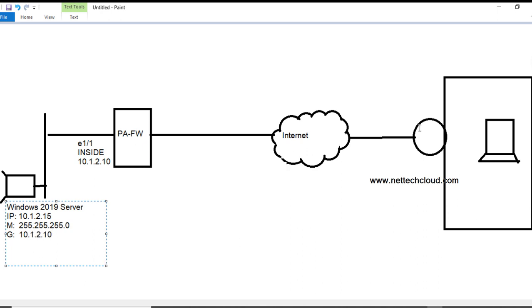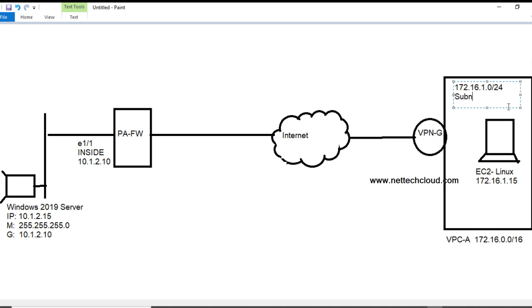All right, and here is the VPN gateway, the AWS managed VPN gateway. And here is the EC2 Linux machine with IP address 1.15, and this one is the VPC A CIDR 172.16.0.0/16, and the subnet, sorry, 172.16.1.0/24 is a subnet in this major network, right?